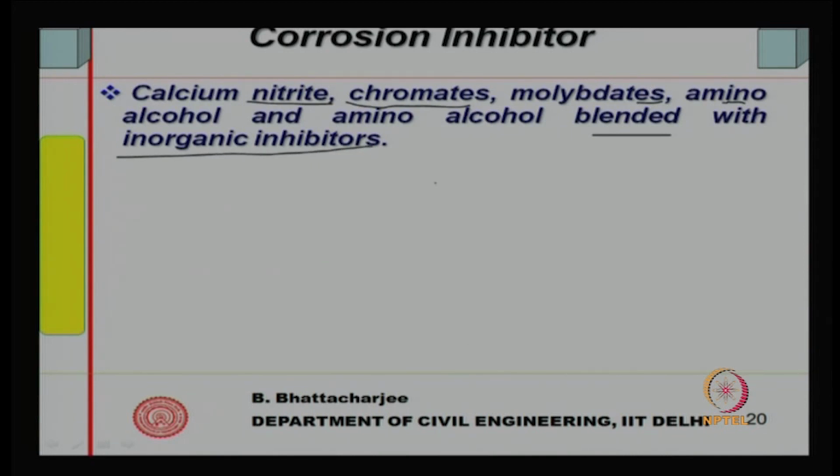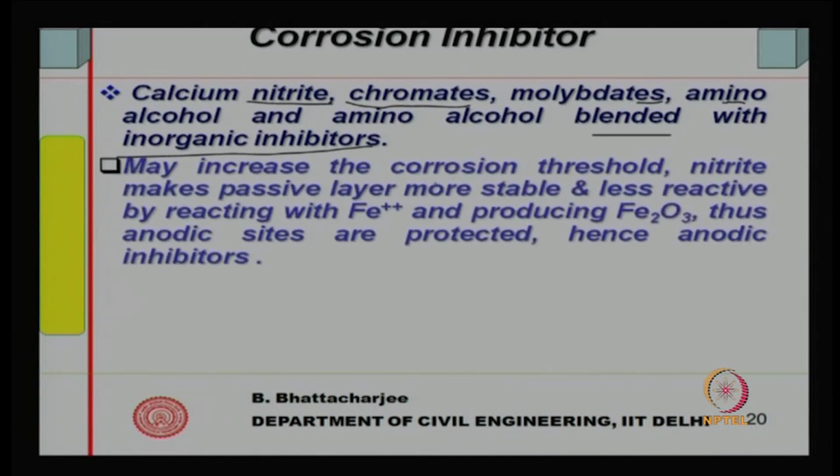Calcium nitrite, chromates, molybdates, amino alcohols, and amino alcohol blended with inorganic inhibitors are examples of corrosion inhibitors. They can act in two different ways. They may increase the corrosion threshold, the point at which active corrosion starts; they might delay the starting of corrosion. Nitrites help in making what is called a passive layer,